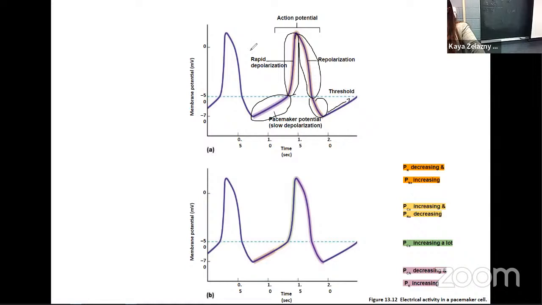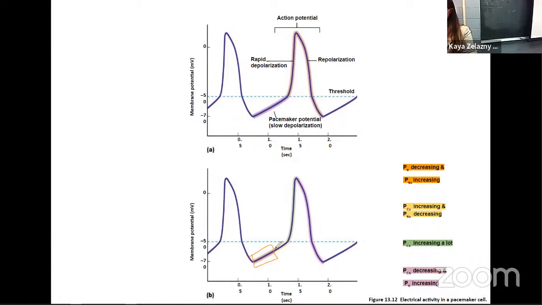We repolarize all the way, and then we come back up to threshold. The part that's different here is what is changing in terms of ionic permeability. At the beginning of our slow depolarization, before we get up to threshold, we have the permeability of potassium decreasing. Potassium is not leaving the cell as much, and the permeability of sodium is increasing, so we have sodium coming in. Note that even though sodium coming in is what caused our spike in a neuron, here in our pacemaker cell, that's not causing a spike